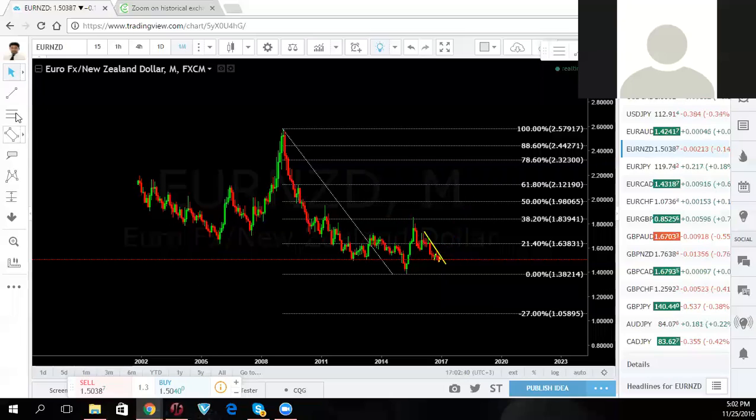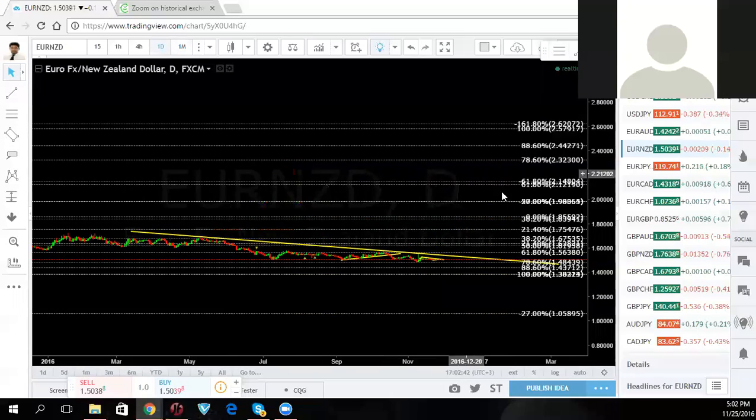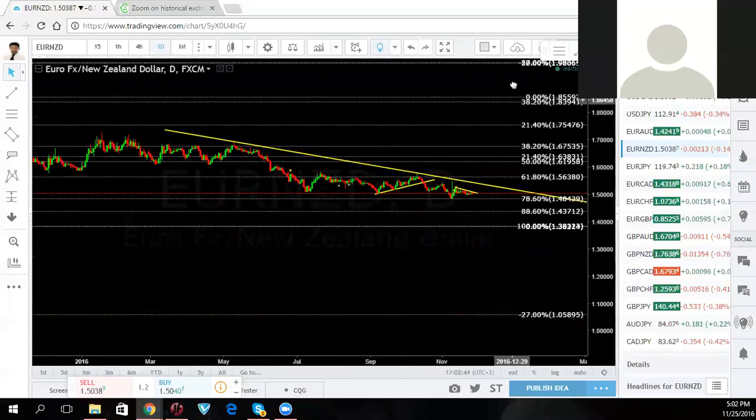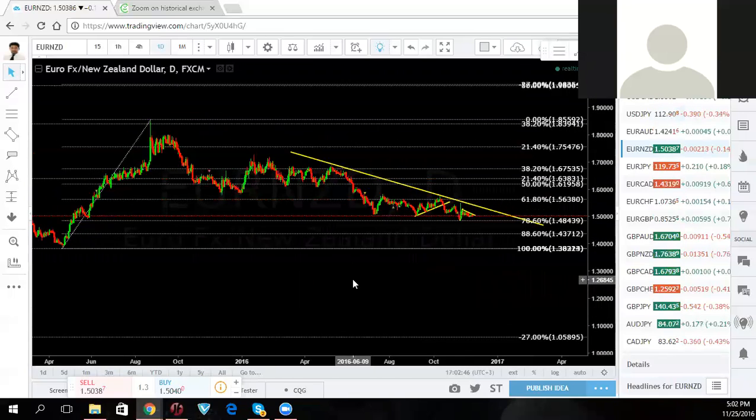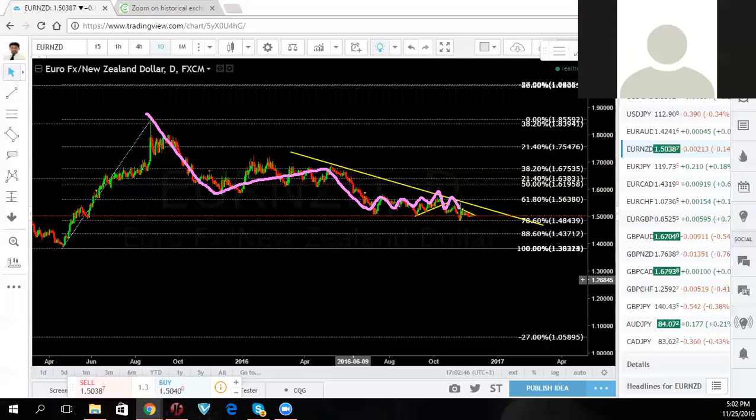So let's go back and look into the daily. You can see that the daily is not so sharp to the downside. Look how sharp this one came down. They make a correction. This one came down sharp. They make a correction. This is not coming down so sharp. Eventually, somewhere here, it will start to take off. Don't miss that trade. It's easy. If you miss it, you learn nothing.